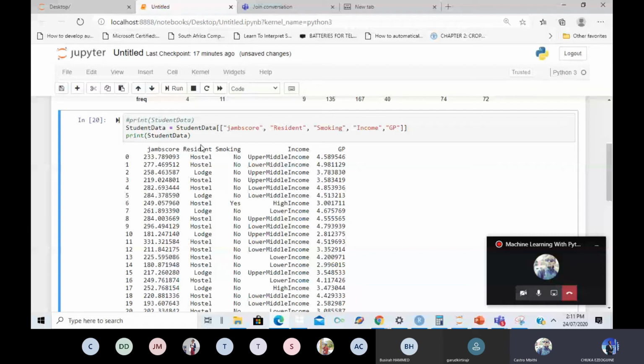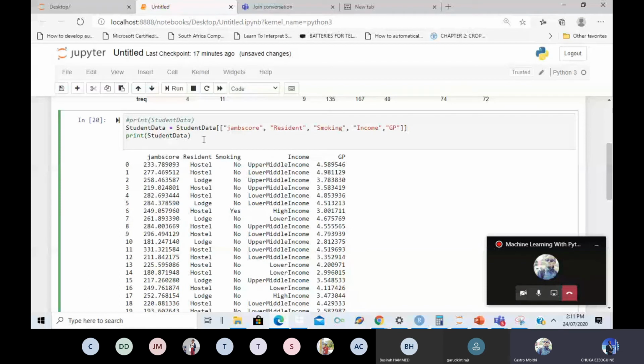So I'll just import that library here. From scikit-learn.preprocessing, we import LabelEncoder. And what this simply helps us do is, so here now we have